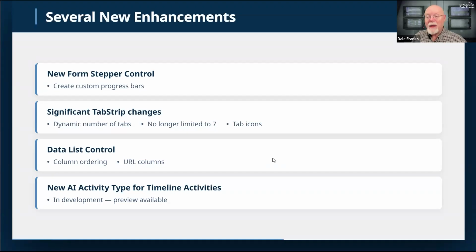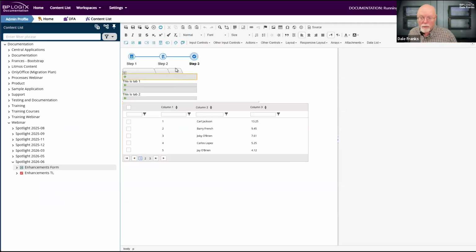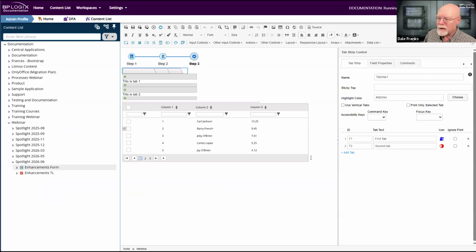Oh, and by the way, you can also use tab icons on the tab. Previously, if you wanted to show an icon in the text for the tab, you would just throw in the icon system variable to specify the icon number and its color. You no longer have to do that. That is just built into the control now, or at least it will be for 6.1.200. So here's what the tab strip control looks like now.